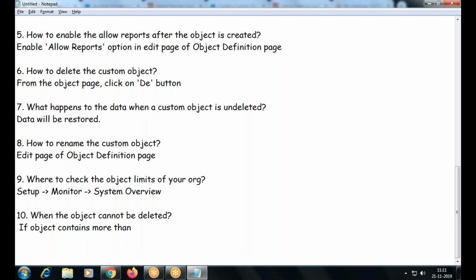But from the topic we covered, if the object contains more than 10,000 rows, then we cannot delete the object. Then what should I do if I need to delete this object? First we have to delete the rows down to fewer than 10,000, then we can delete the object. This question is not in the document, the last one.